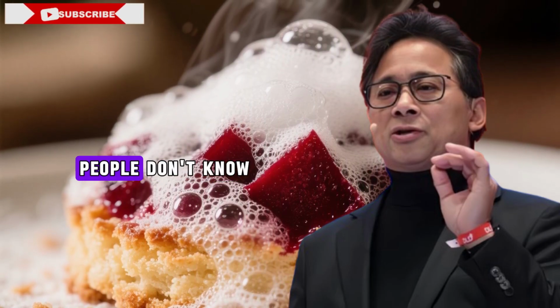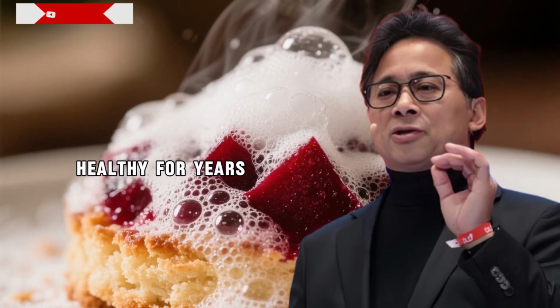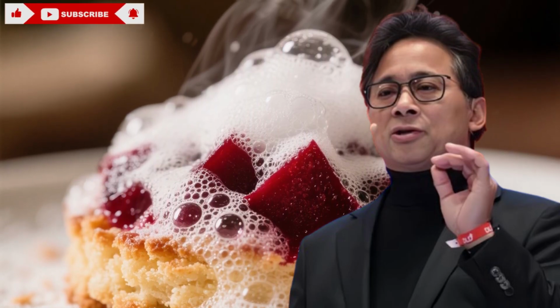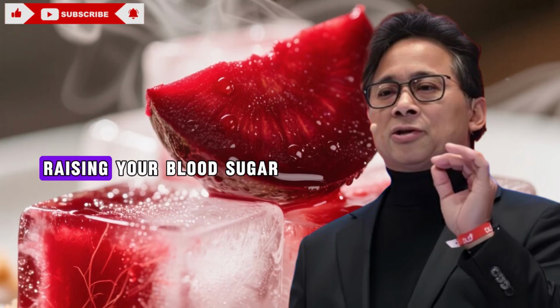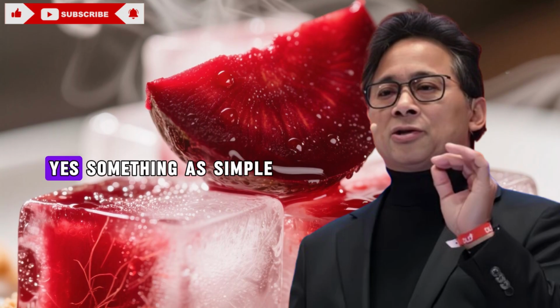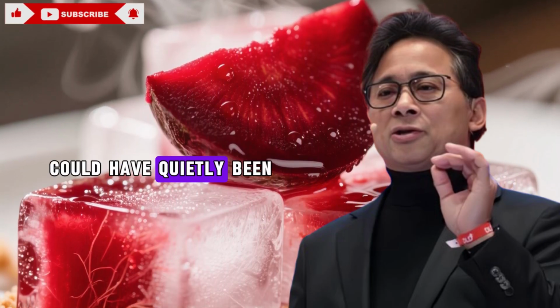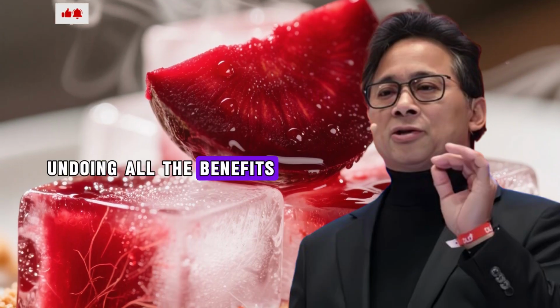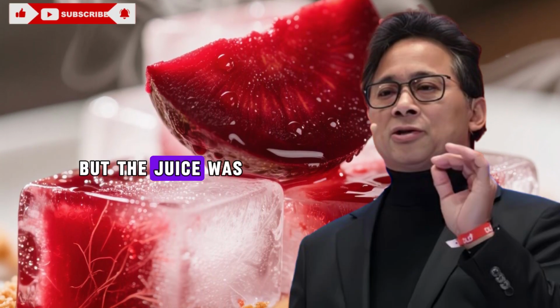Here's the twist most people don't know. Even if you think you've been drinking beet juice healthily for years, the wrong combinations could have been silently stressing your kidneys, raising your blood sugar, or blocking the nutrients you need most. Yes, something as simple as adding sugar, citrus, or spinach could have quietly been undoing all the benefits you were hoping for. Imagine thinking you were helping your health every day, but the juice was actually working